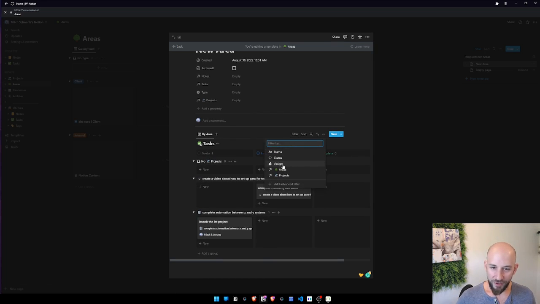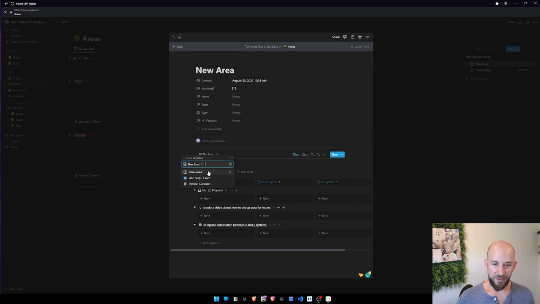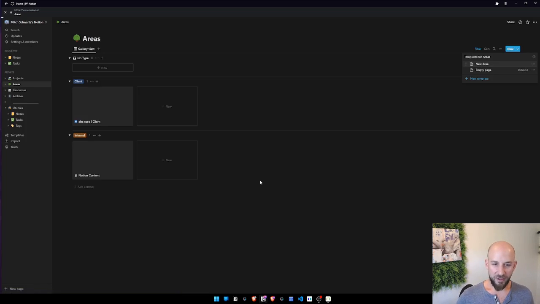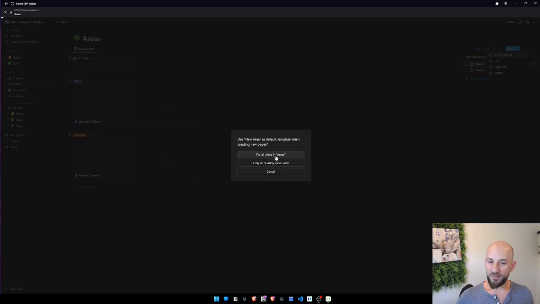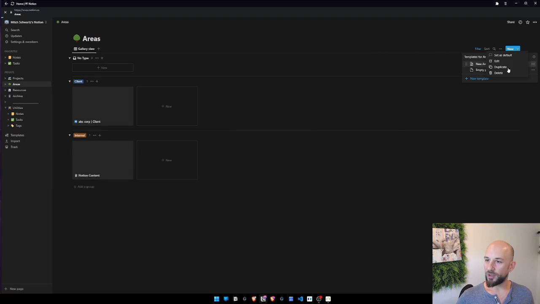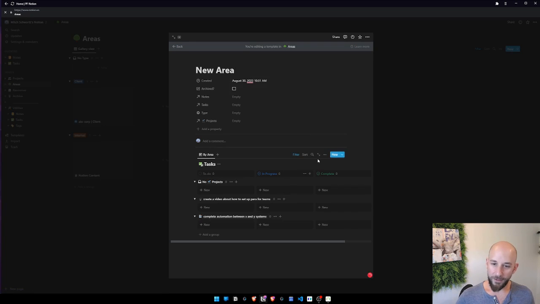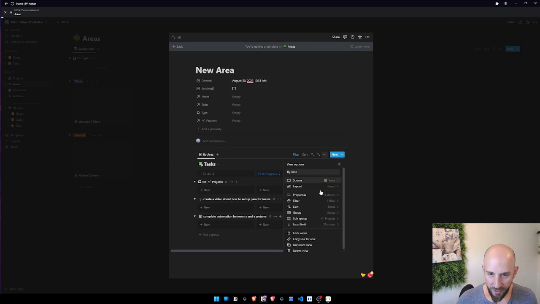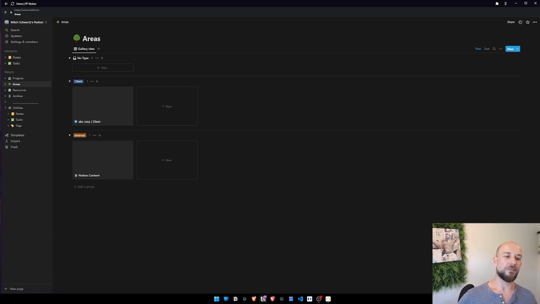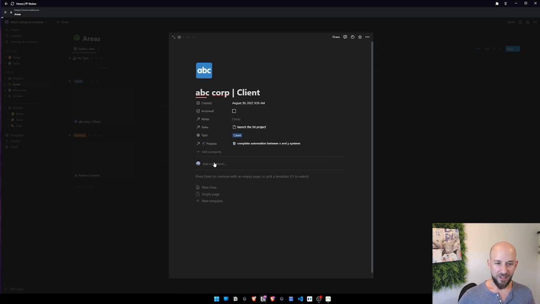oops, we forgot our filter. We're going to filter where the area is equal to new area. So the current one, there we go. So inherently, that's going to be blank, but I realized once more, here, set as defaults for all views. And then we're going to also edit, because once again, I forgot to, no, that's correct this time. Okay, so here, now if I go into my ABC Corp, and I just want to show you this example,